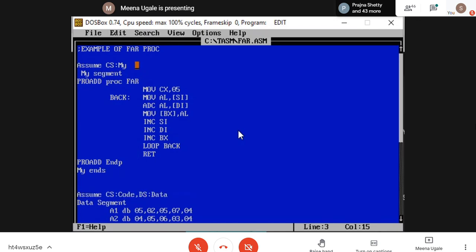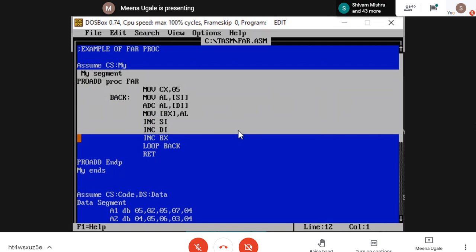I should create another segment, my own code segment. Now, the same code segment you cannot use because CS as code you are already writing. So you can create your own segment by telling the assembler. How will you tell? I am going to write here assume CS colon my. Here you have written code, that's why below that you write the code segment. Here I am writing my, so I am declaring my segment here. Just see the highlighted part. I am declaring CS as my. That means consider my segment in place of the code segment. So that's why I am telling my segment and I am writing my procedure here.